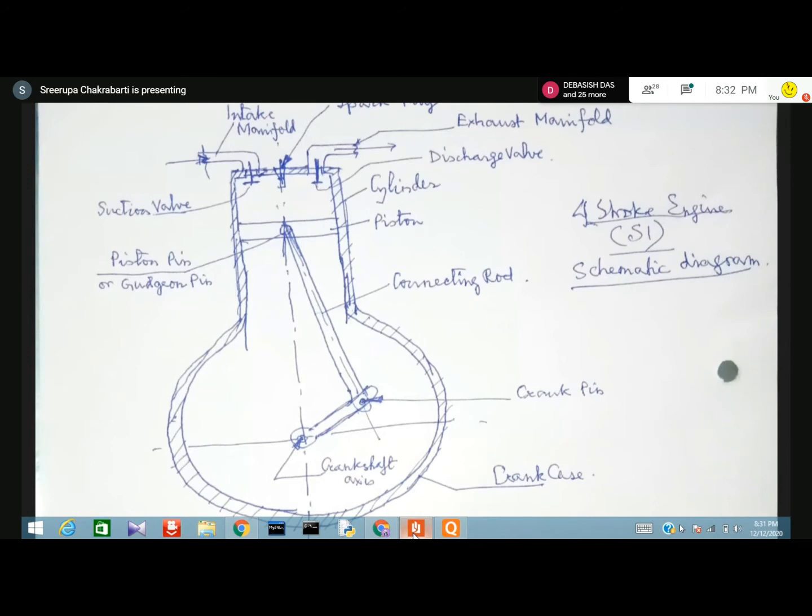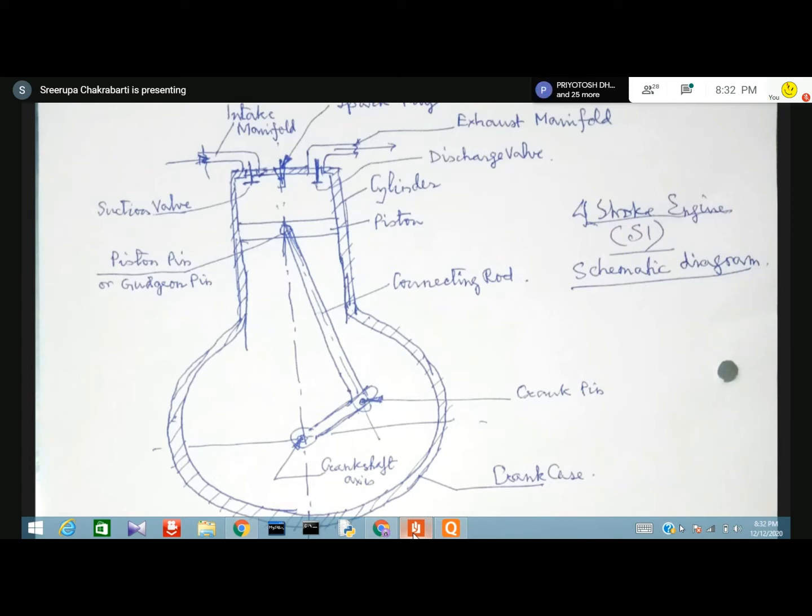Then top dead center because it is at the topmost point of the journey. Topmost point of the journey of the piston. That is why top dead center. Similarly, there is another dead center when the piston comes down and achieves the lowest point of its travel. Again, at the lowest point, it has to reverse its direction. So it has to attain zero velocity there. Downward velocity must be zero at that point, and then the upward velocity should generate. That is why it is the other dead center, and we call it bottom dead center